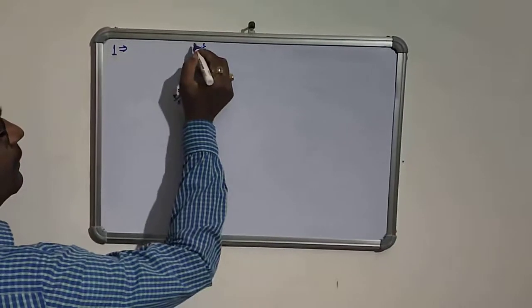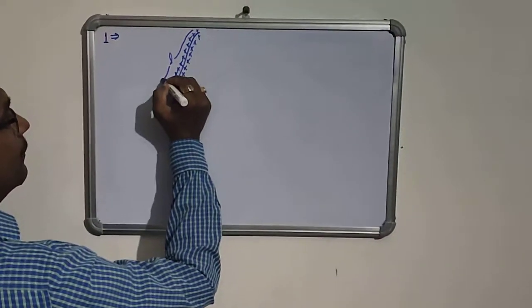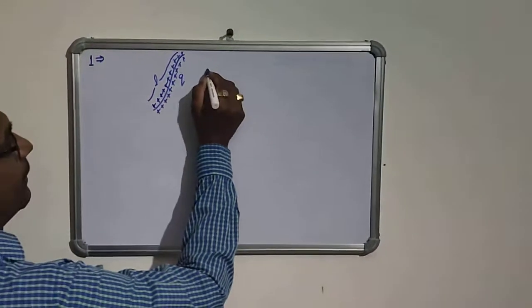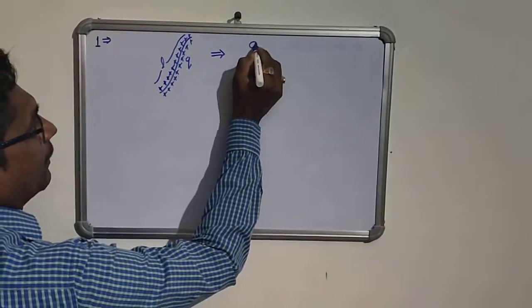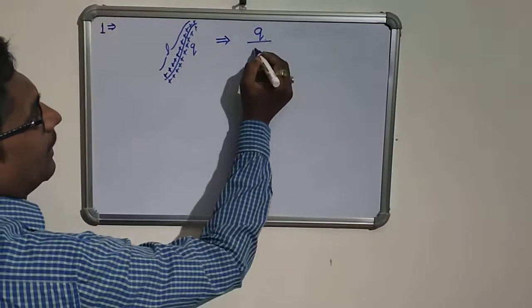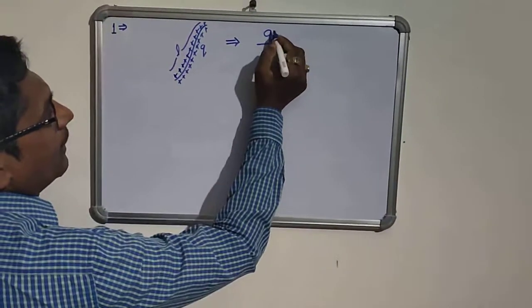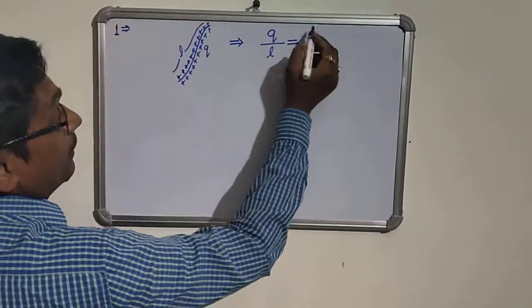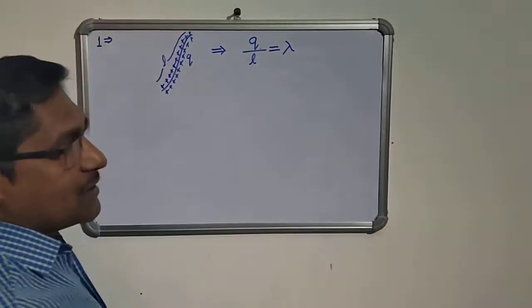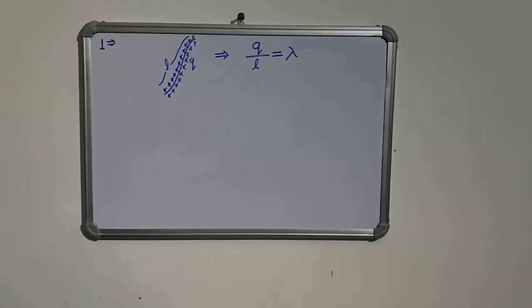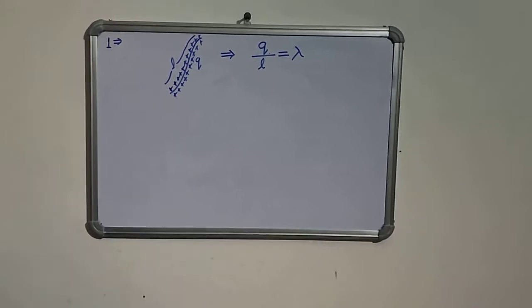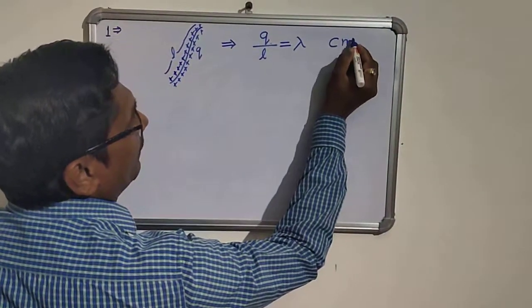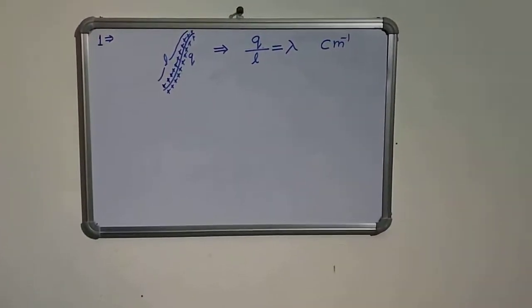Let the length of the fiber be L and the total charge on the fiber be Q. That's why the total charge on the fiber is Q and the length of the fiber is L. That's why charge per unit length is known as linear charge density, which is denoted by lambda, and the unit of lambda is coulomb per meter, C m^-1. Similarly,